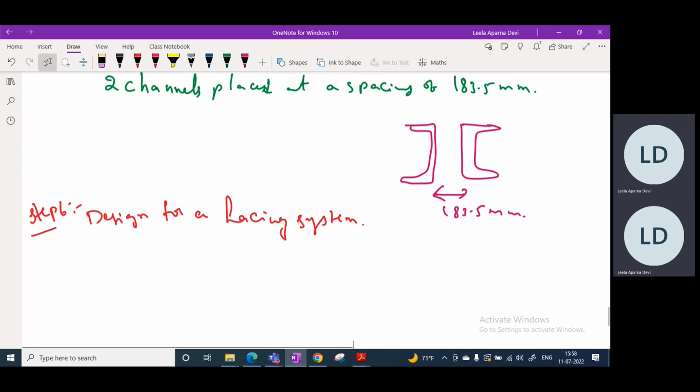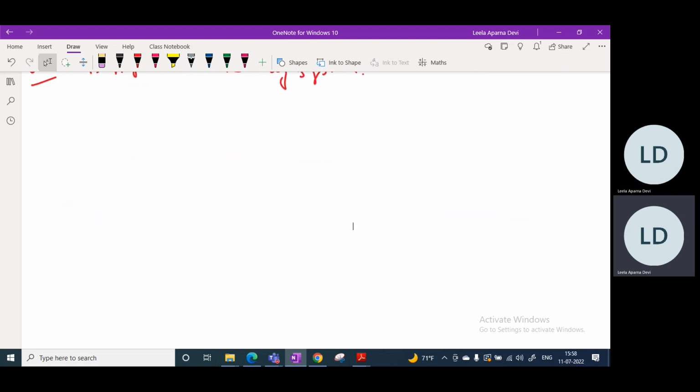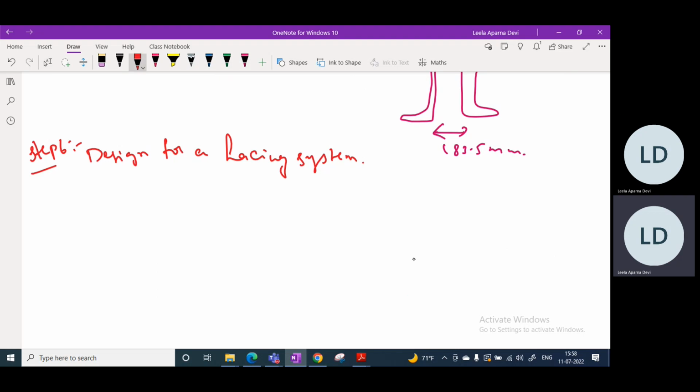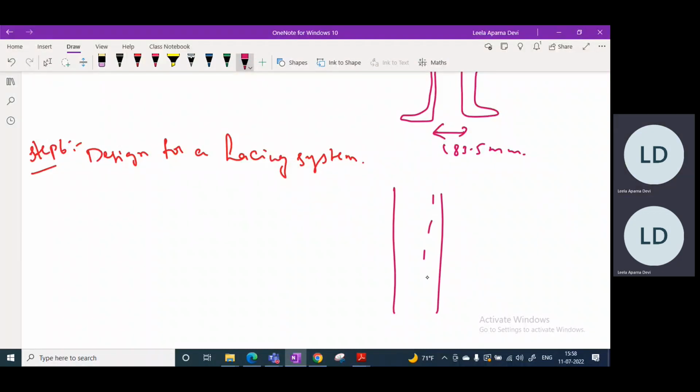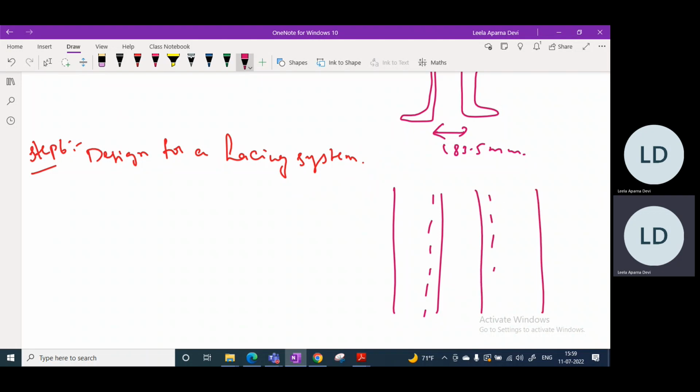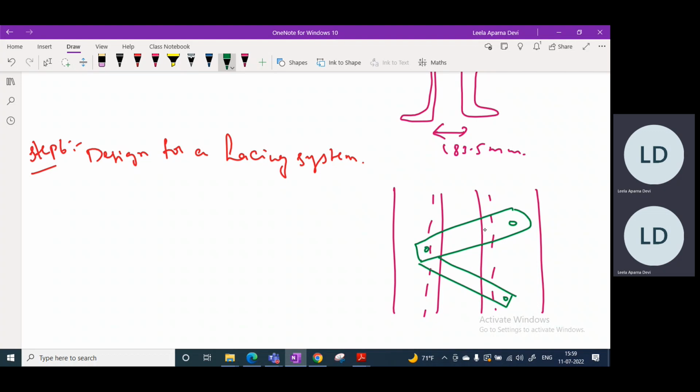So now, this is the channel section. This is the lacing system. These are the bolts. Single lacing system is this one. Okay. So now